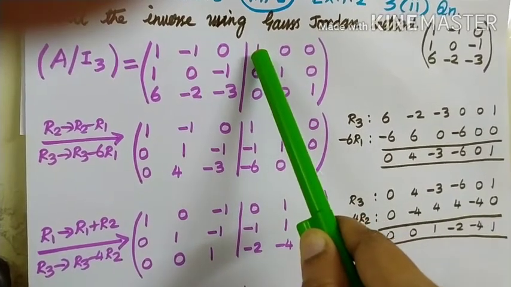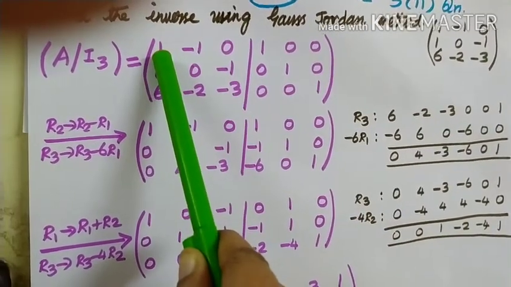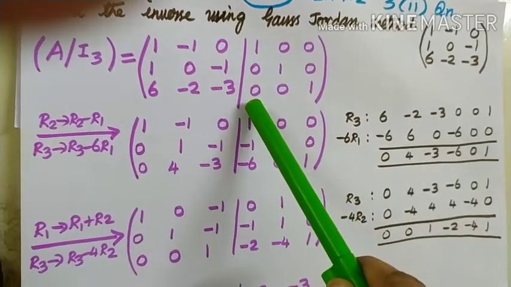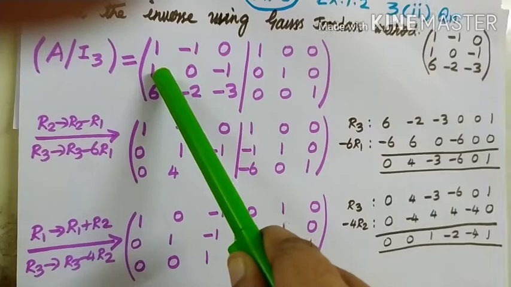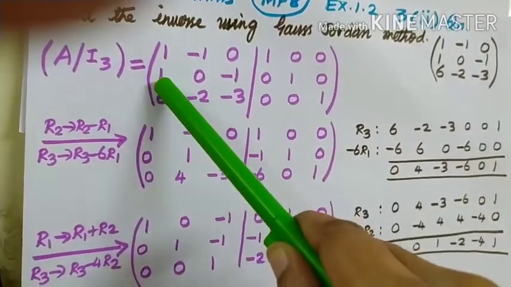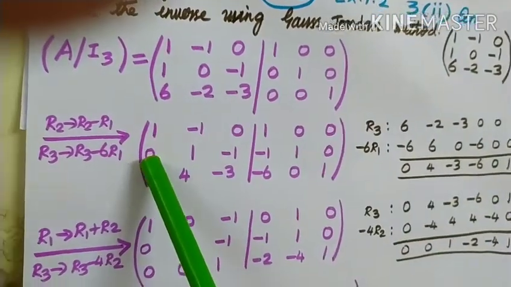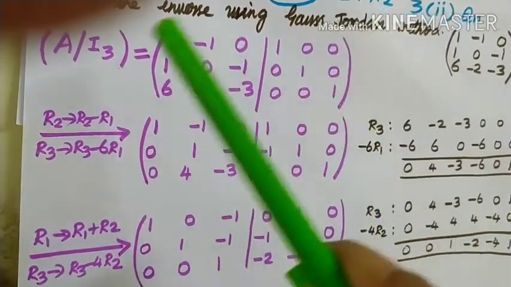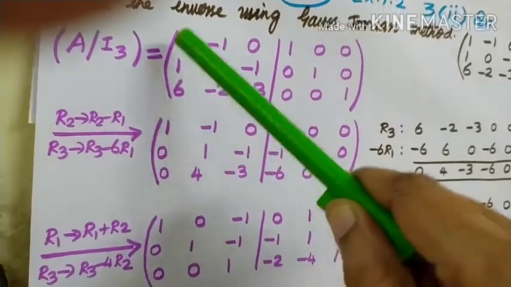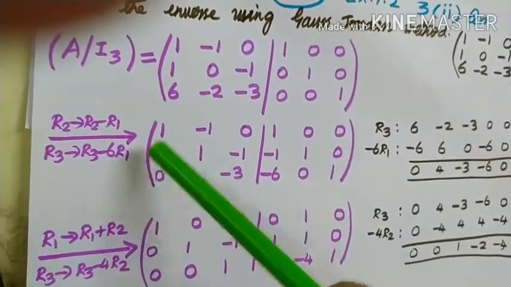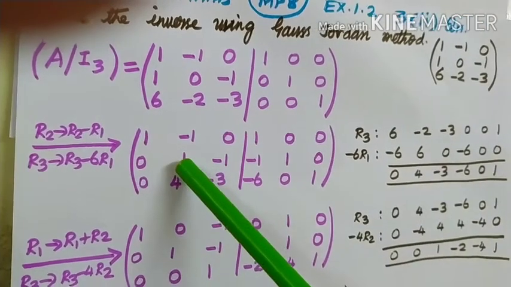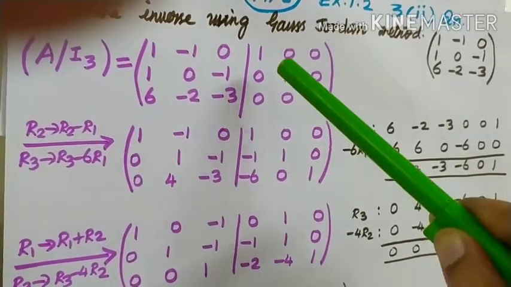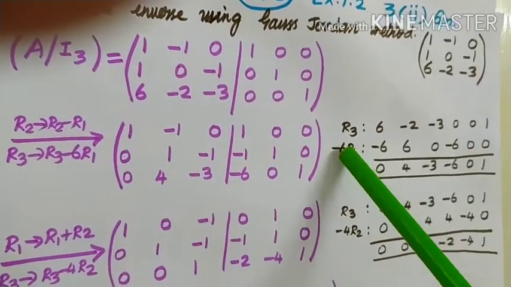Achieve 1 in the first row. Already there is 1 only. Now next step, bring these 2 zeros. To bring these 2 zeros, see what number is here? 1. So I can directly subtract. 1 minus 1 will give me 0. So R2 becomes R2 minus R1. So directly subtract. 1 minus 1, 0. 0 minus of minus 1. Minus 1 minus 0. 0 minus 1. 1 minus 0. So like that we have proceeded.